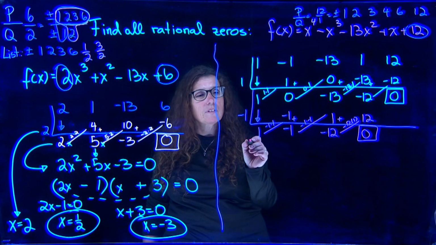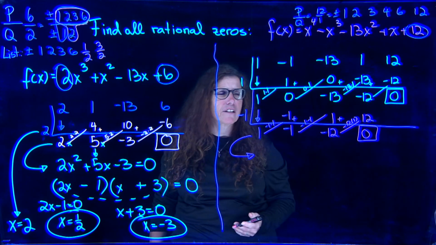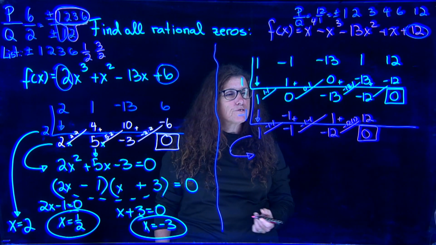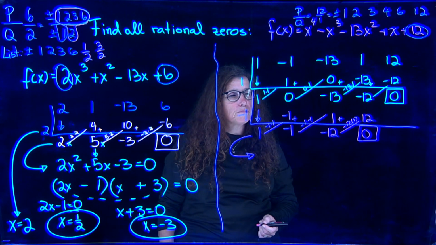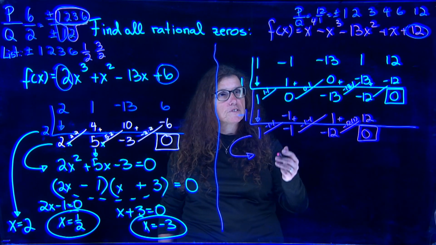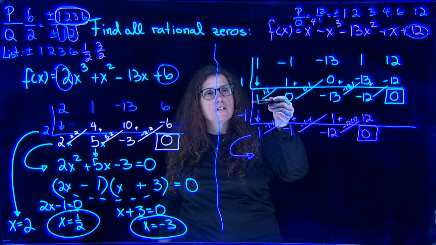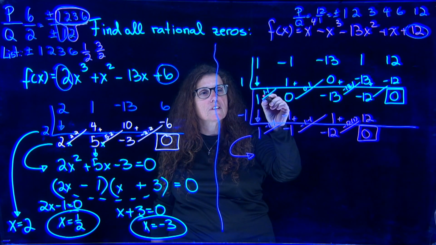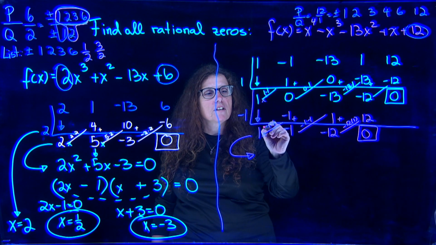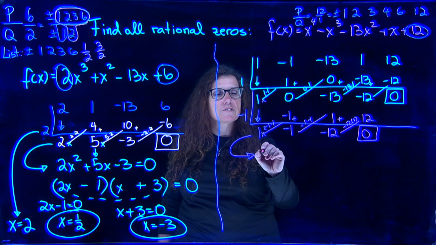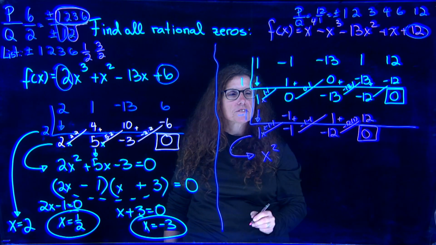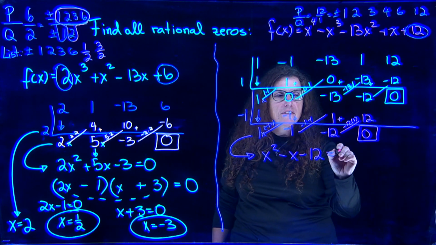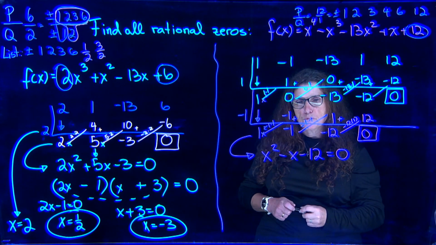Now we're going to write it out. I guess we could use synthetic division again. But I want to change this now into a trinomial with degree of 2. I did synthetic division twice, so my degree changed here. This was an x to the third. Now down here, 1 degree less is x to the second. So this becomes x to the second minus x minus 12, and that is the quadratic trinomial that I now